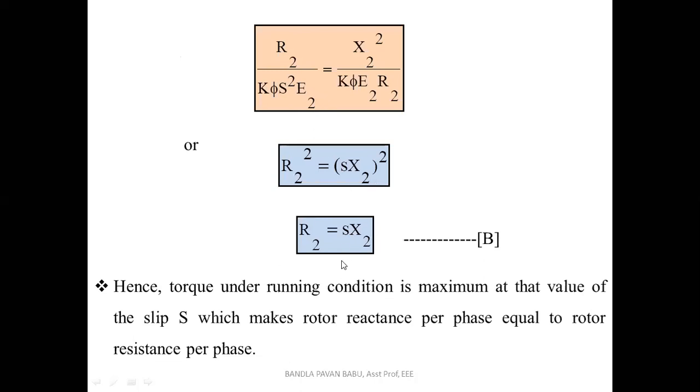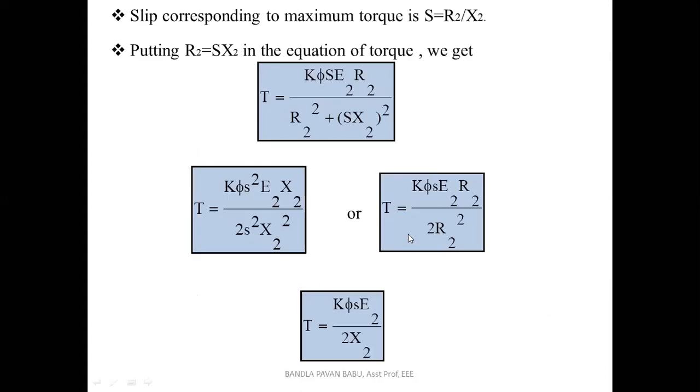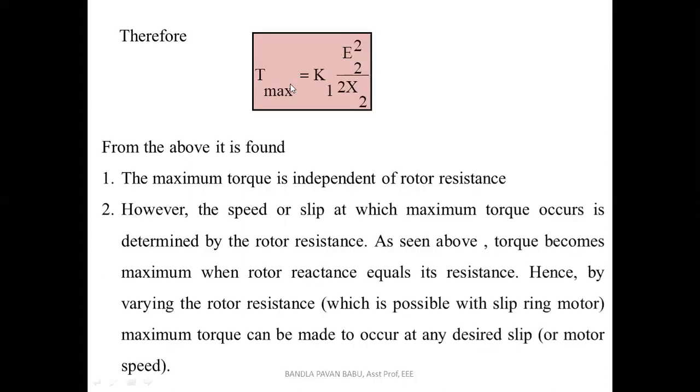Okay, so from this, what is the statement there? So the rotor resistance per phase is equal to the slip times the rotor reactance per phase. Okay, so these two are the statements for achieving the maximum torque. So this should be followed in both the cases, that is standstill and running conditions. From the final equation, what are the observations made? Torque is proportional to the square of the applied voltage, and torque is inversely proportional to the reactance. Torque is independent of the rotor resistance. And by varying the resistance, we can improve the maximum torque, which is achieved only through the slip ring induction motor.